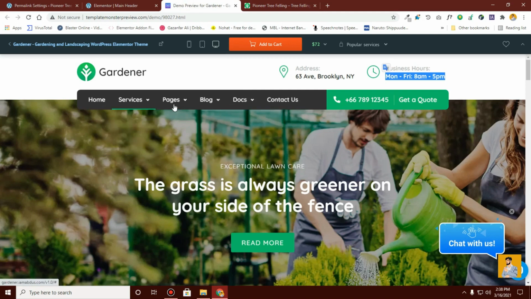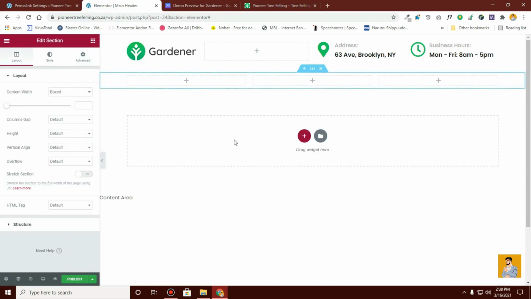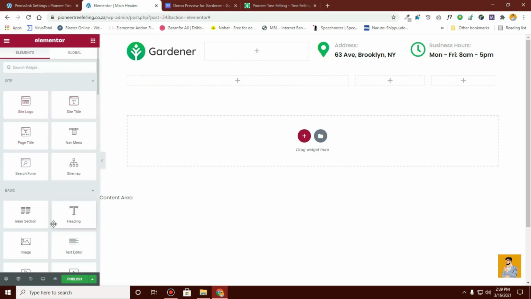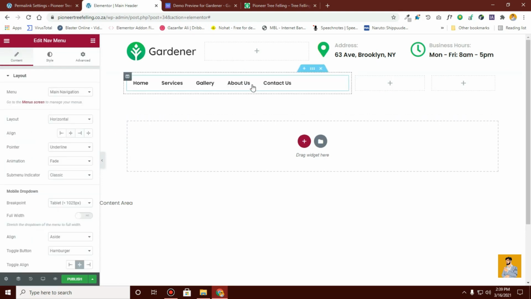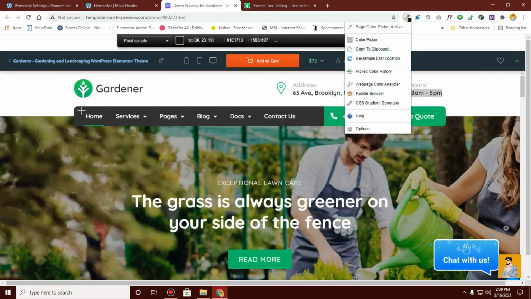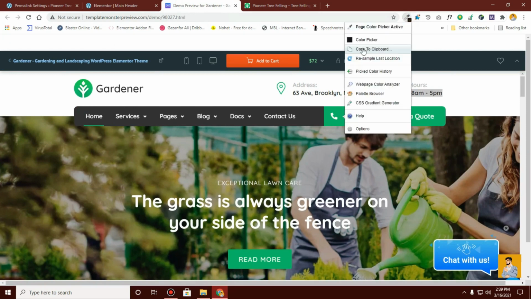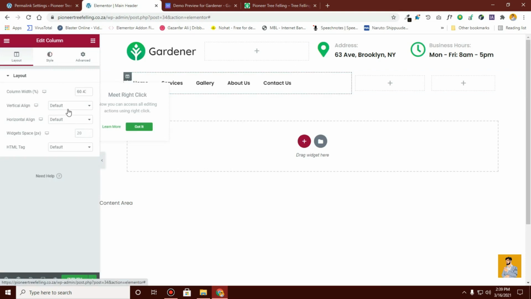Now I need to create 3 columns in here, a section with 3 columns. This is there. This should be a larger section where I want my menus to appear. So here is my nav menu widget. Also I want to use a similar color as this one. Just copy the color code, and change this one,